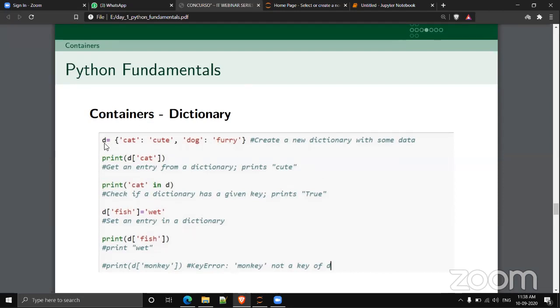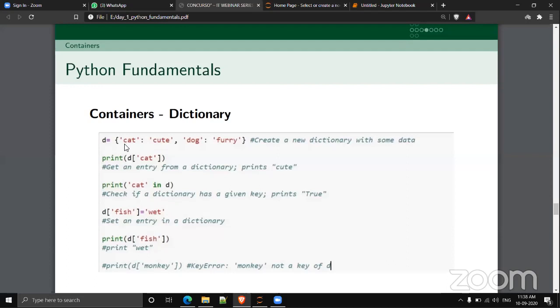In a dictionary, we specify each element as a pair, separated with a colon. This is called the key, and this is called the value.